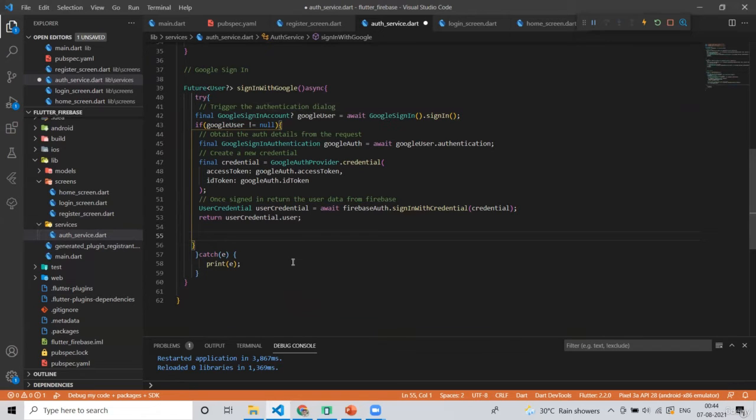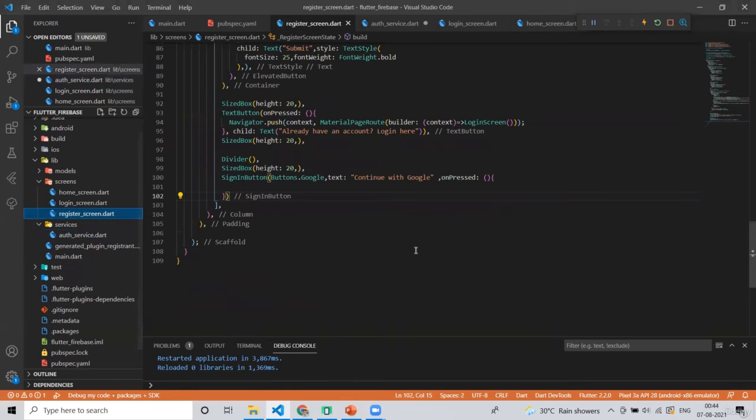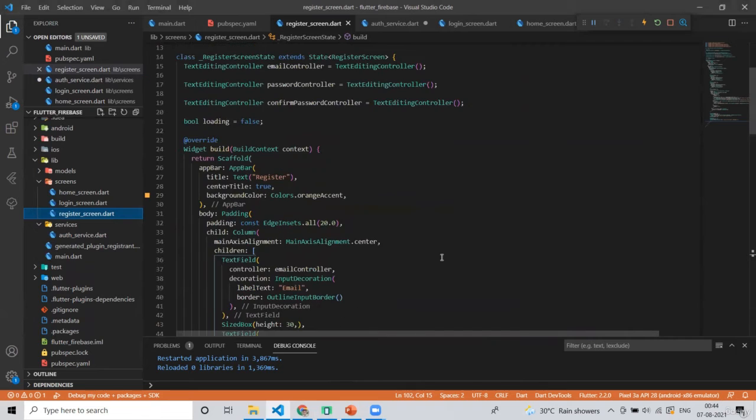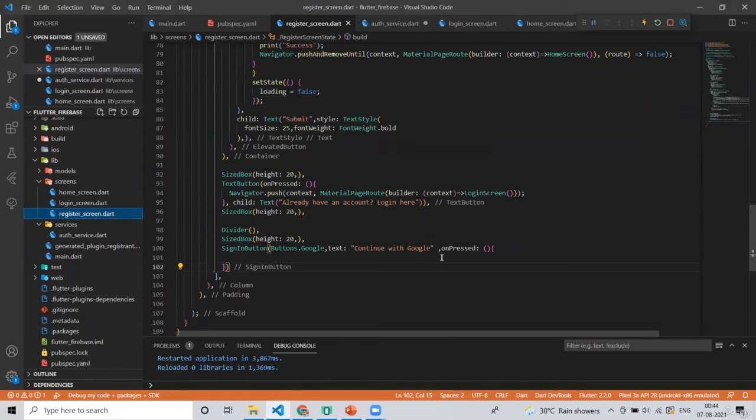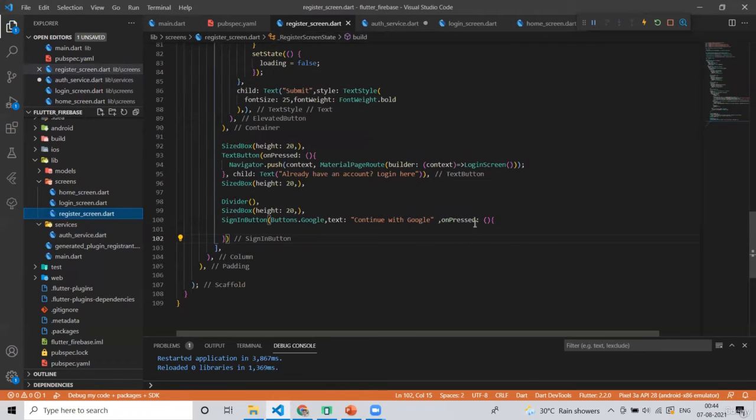So now we have the function ready. It's time to assign the Google sign-in function to the button, to this button, which is in the register screen. So here in the register, yeah, continue with Google.